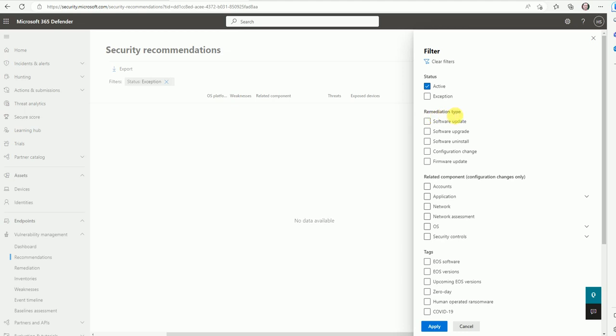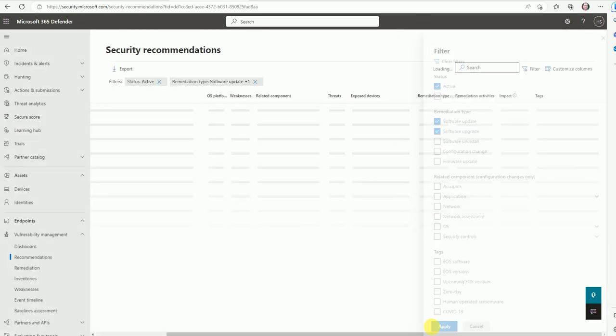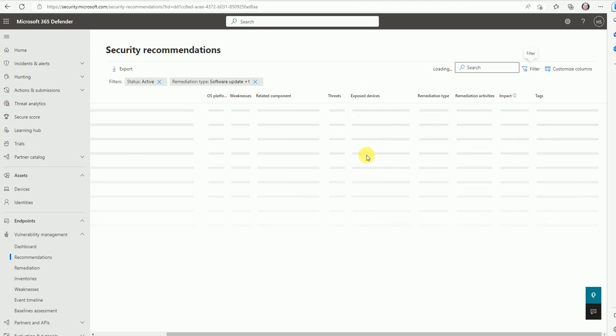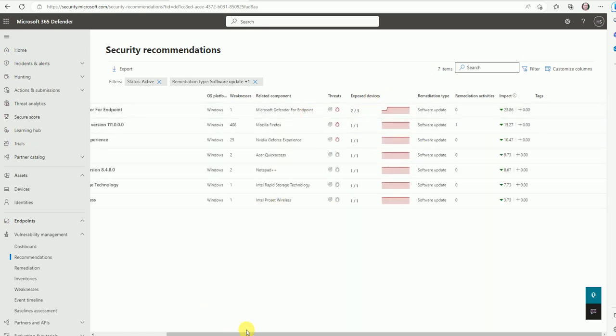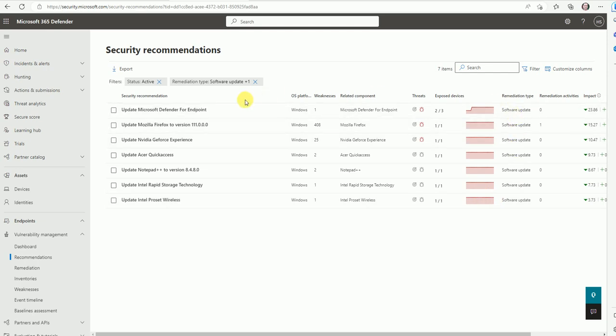Now let me go with the remediation type. We have 5 types here: software update, software upgrade, software uninstall, configuration changes, and firmware. It might increase based on your company environment. So let's see the software update and upgrade. Let me do that and see how many vulnerabilities are related to software upgrade. So we have 1 2 3 4 5 6 7, oh sorry, yes, 7 vulnerabilities to upgrade or update the